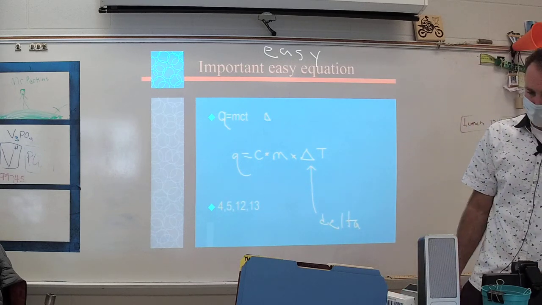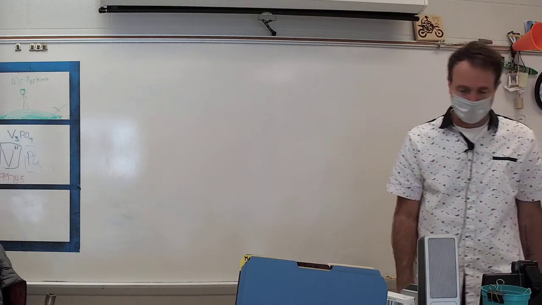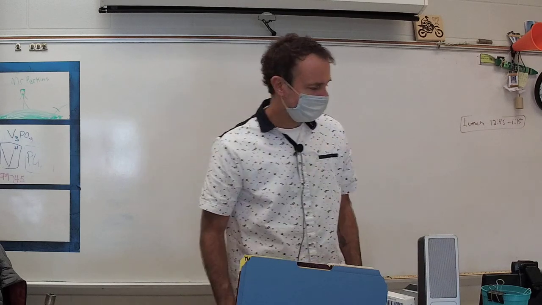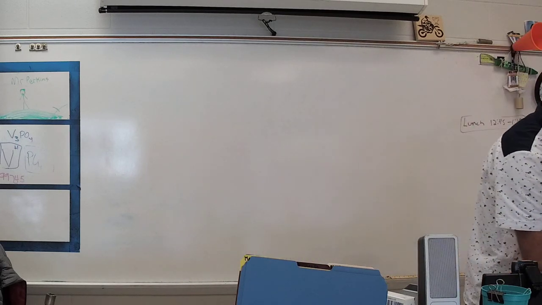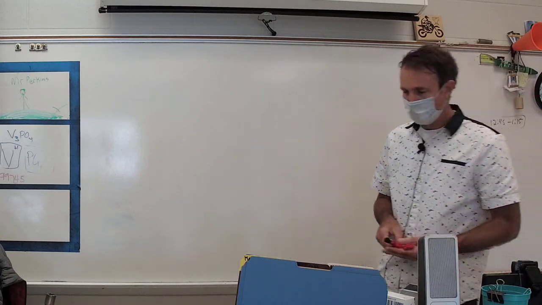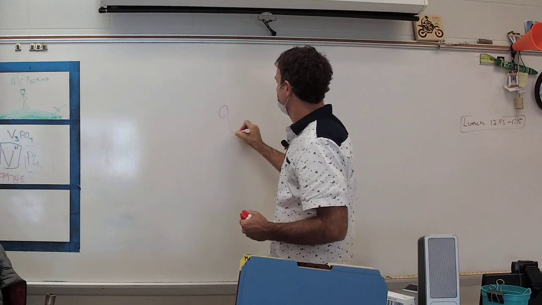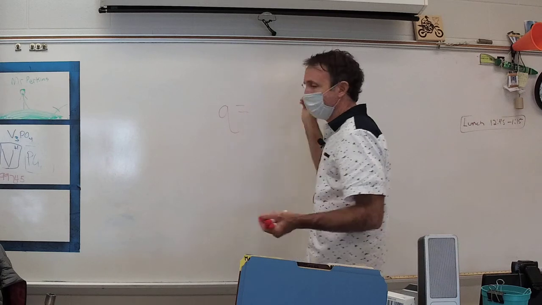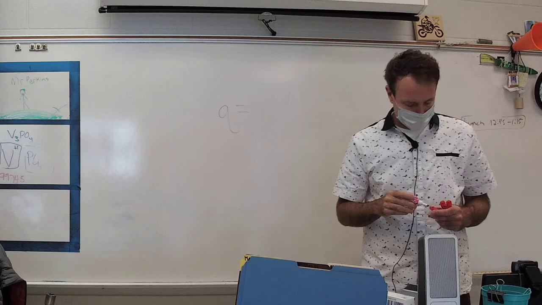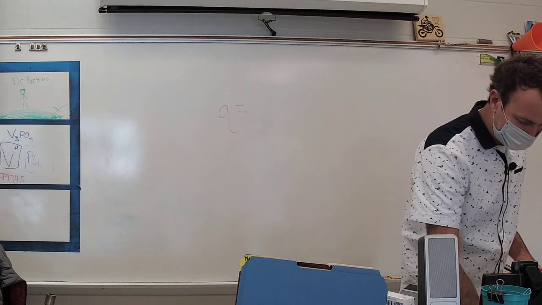Q is equal to CMT. And I'm going to write it down myself. And we'll work a couple of problems, and then we'll end our little quick video lesson here, okay? Q is equal to CMT. And hopefully one of my markers will still work. Q, there we go, is equal to, I usually say MCT, okay? Does your reference table give you the formula in any specific order? Because I'll use the same order that the reference table uses.